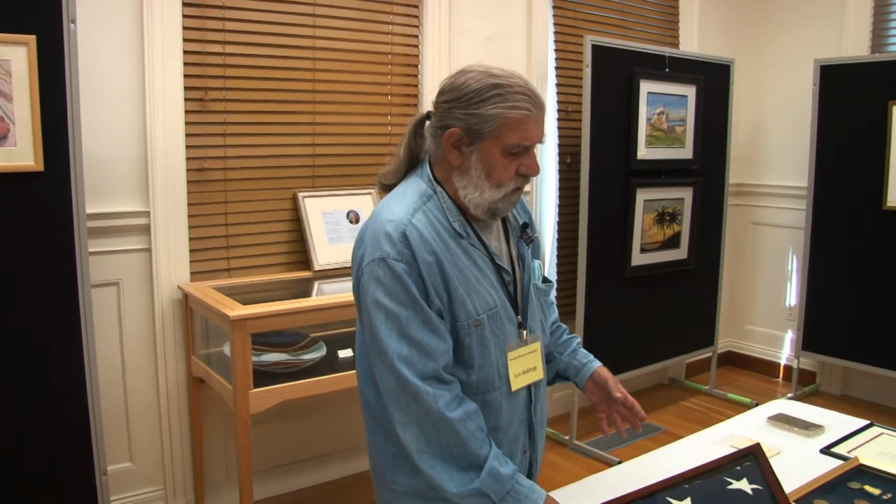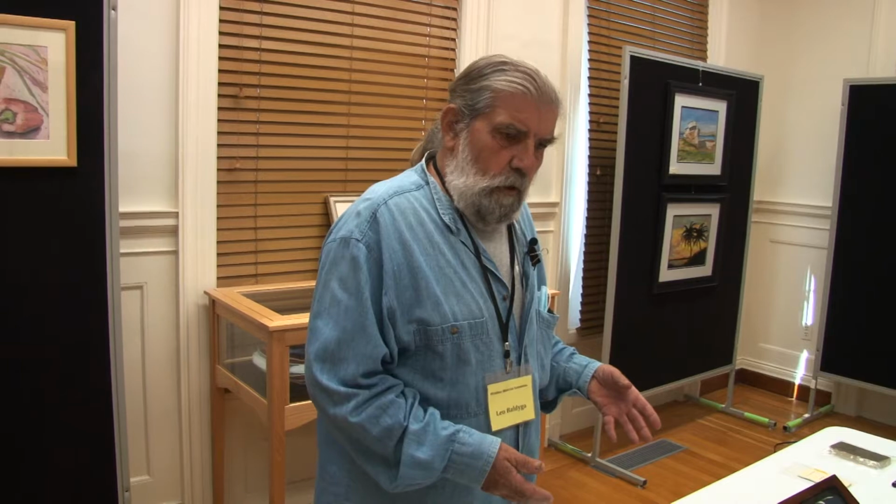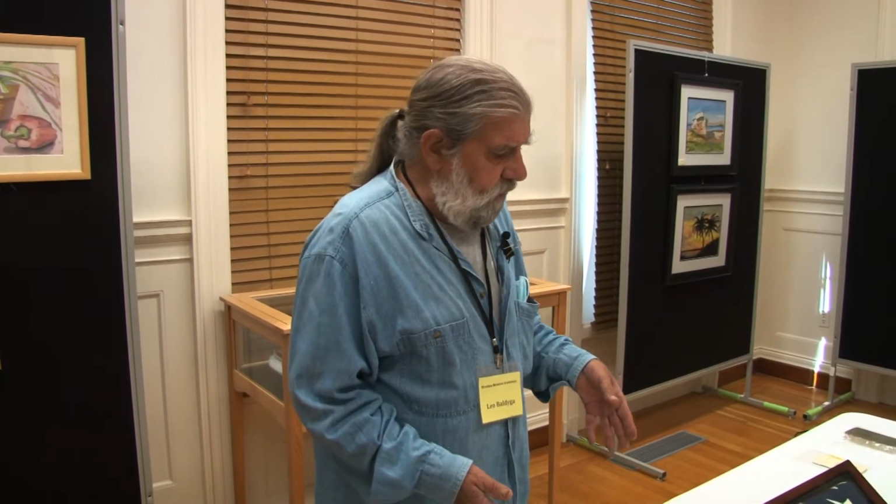flag and his medals and decorations, if we would like them. And we said, yes, absolutely. So I'm happy to be able to put them out for the people of Wrentham to see. This is their first showing. Hopefully there'll be a permanent display, or at least a portion of it as a permanent display in the years